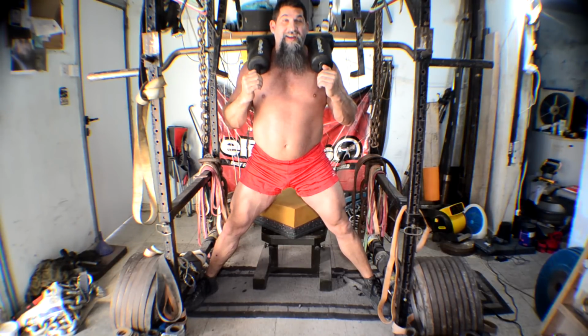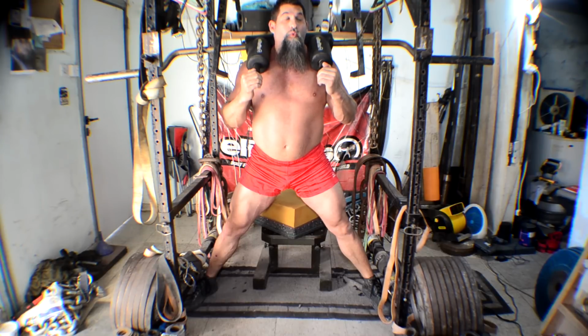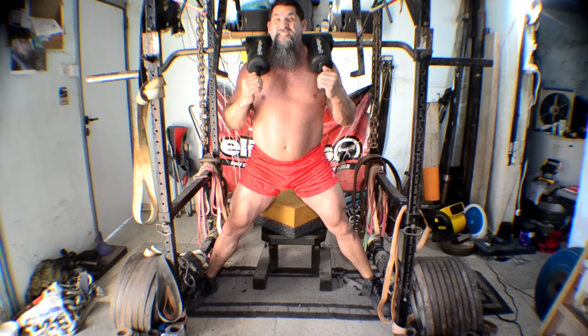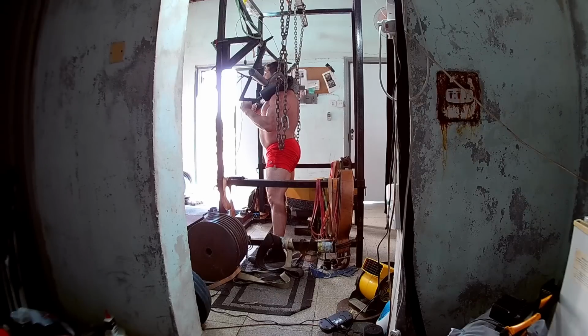Now, the only other thing that I really look for, and as sure as Shinola that the camera's rolling, I will not be able to do it right now, is we want the bar path to be very similar as it would be with a regular squat, which should be pretty much straight up and straight down. If we see someone box squatting and the bar goes this path,